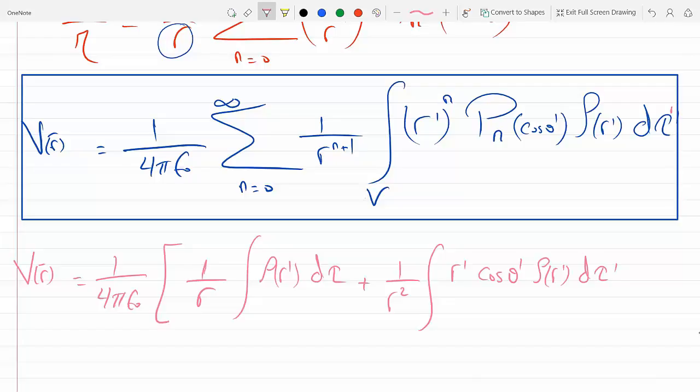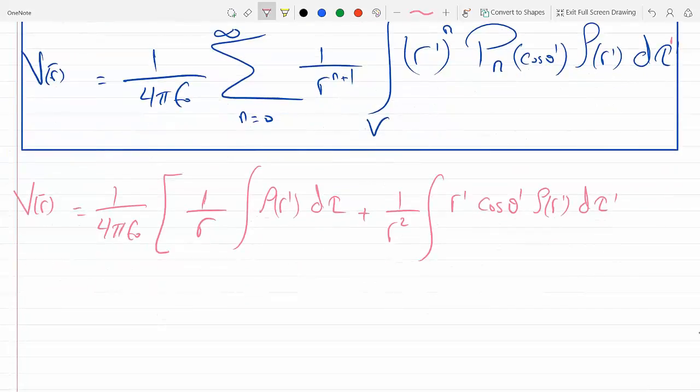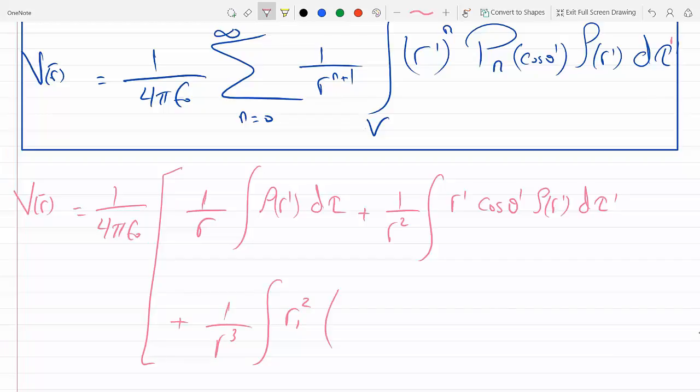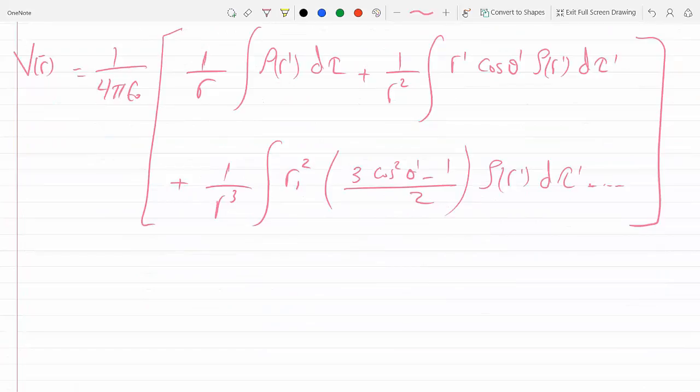This is supposed to be prime. Okay, and then plus, let's make this longer. Plus, what if n is 2? I get 1 over r cubed integral r prime squared. And then what's the second Legendre polynomial? We said half, 3 cosine squared theta prime minus 1 over 2, rho r prime d tau prime, etc., etc. If you expand this result, this is the multipole expansion of V in powers of 1 over